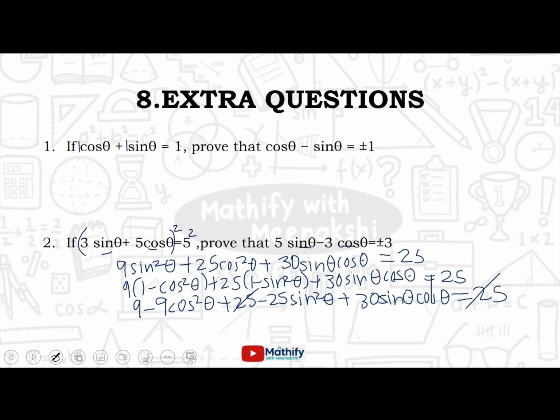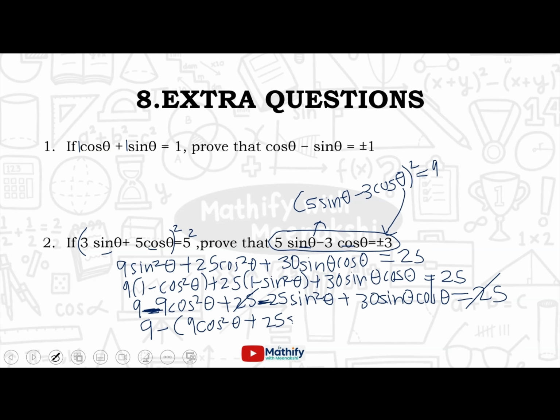Now, did you observe something here? It's minus 9 cos square theta minus 25 sin square theta. And here, if we have to prove this, then before this, what do we need? If it's plus minus, that means we need this here. If we prove this, then this implies this. That means we need 5 sine theta minus 3 cos theta whole square. But here the problem is that minus a square and b square can't be negative. So we'll take the minus sign common. We'll write 9 cos square theta plus 25 sine square theta minus 30 sine theta cos theta